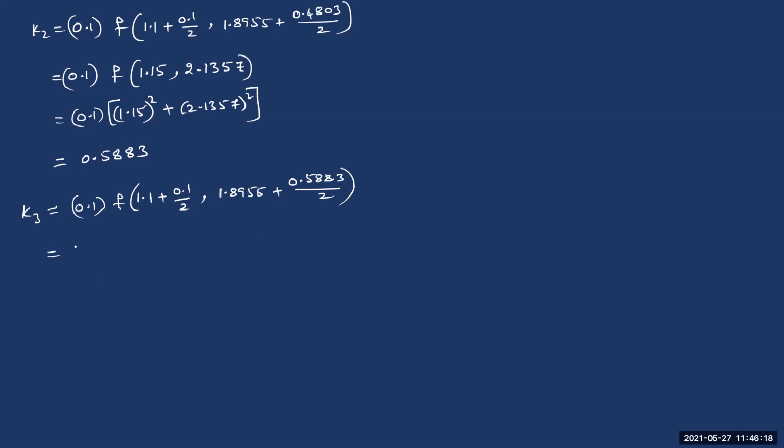So 0.1 into F of 1.15, comma, 1.8955 plus 0.5883 by 2. I'm getting this as 2.1897. So then it is equal to 0.1 times the sum of squares of these two, 1.15 whole square